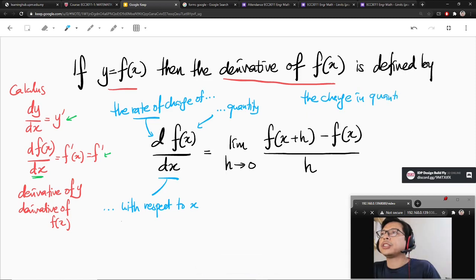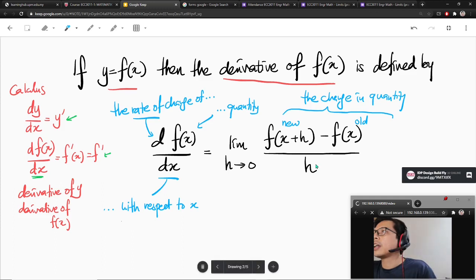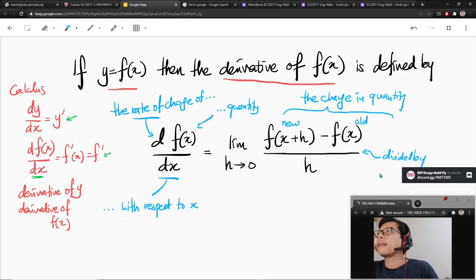Remember, the change in f of x is the quantity of new minus old, divided by the value h. What is h? I will show you visually later on. Divided by h, where h